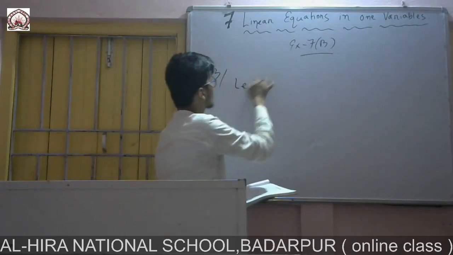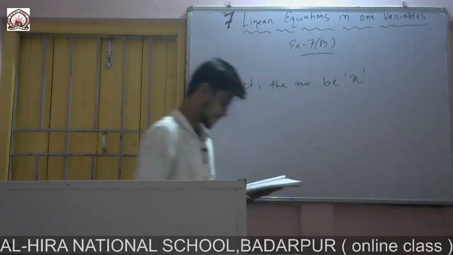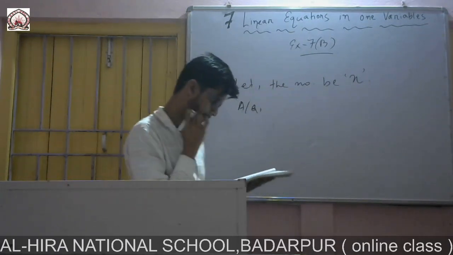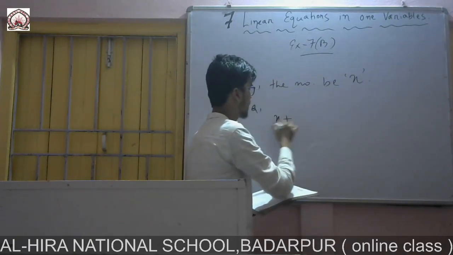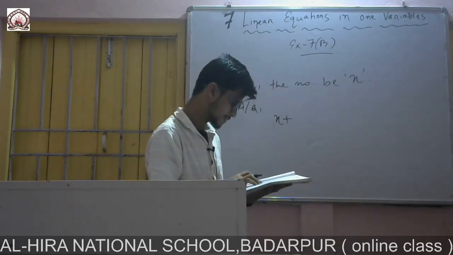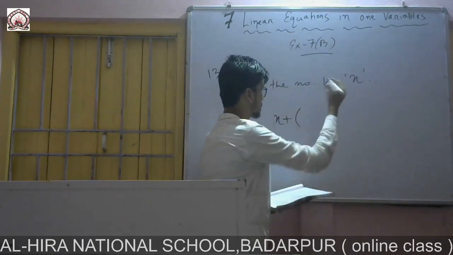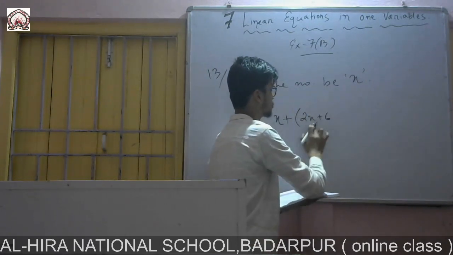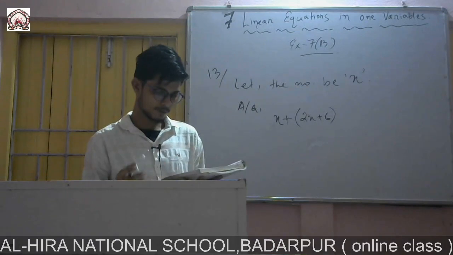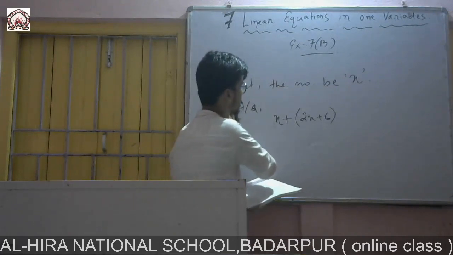So you write let the number be x. A number is 6 more than 2 times another number. So according to the question, the number is x. The number is 6 more than 2 times another number. That means twice x plus 3. The sum of the two numbers is, okay, sorry, you write let one number be x.